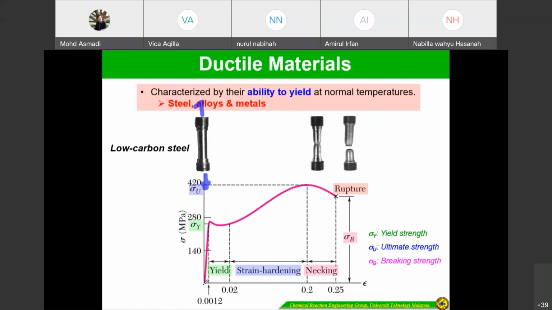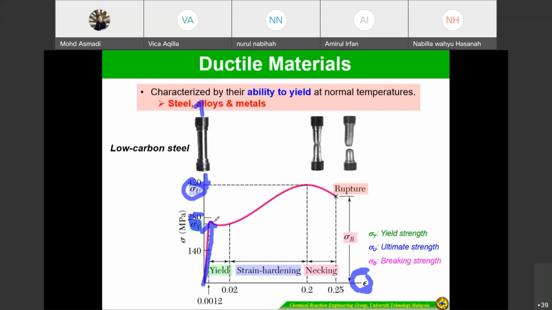If you look at here, the length is increased linearly when we increase the load. This is a normal strain. So that means it is proportional at a very slow rate. If you look at the graph for the stress and strain, this is stress and this one is strain, it is a straight line with a very steep slope. However, after the critical value, sigma y, of the stress has been reached,